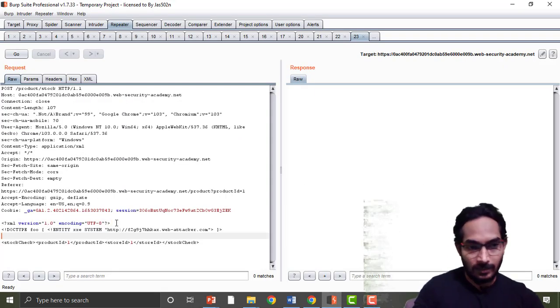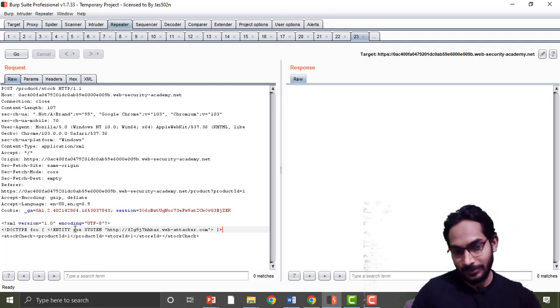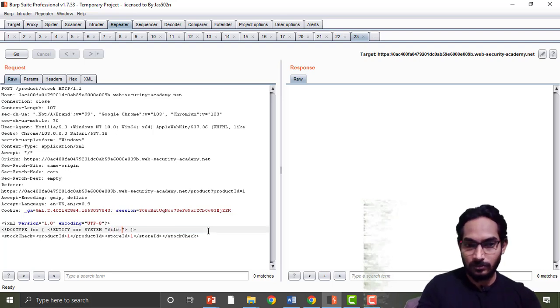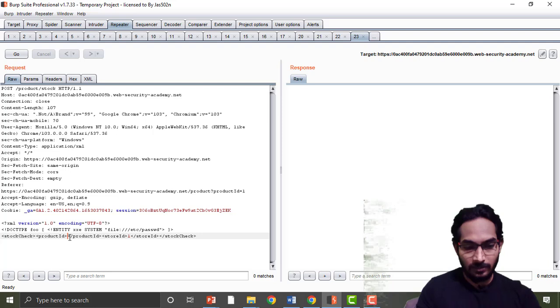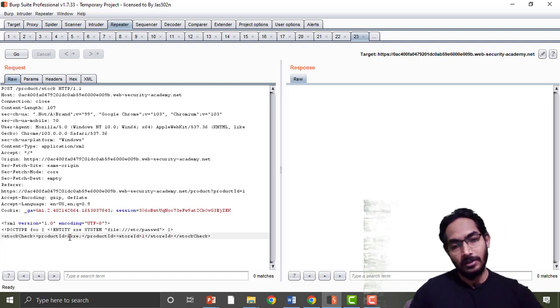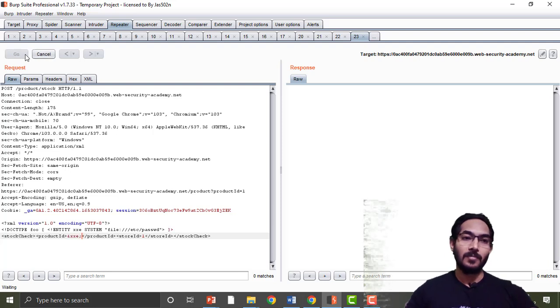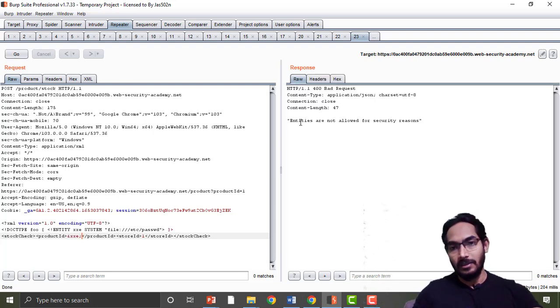And this is something like we created an entity, and we just referred it to a particular site. Or let me just put it to some file://etc/passwd. Okay, and then I will be calling the entity. So it will be calling XXE with a semicolon. So I will just say go, and now you can see it is clearly